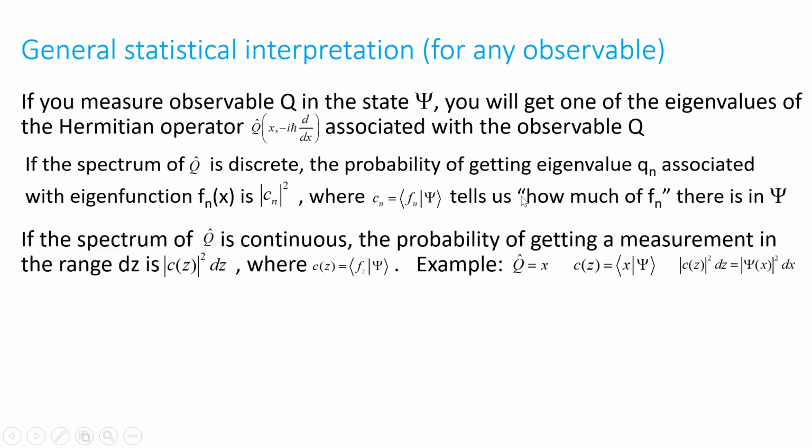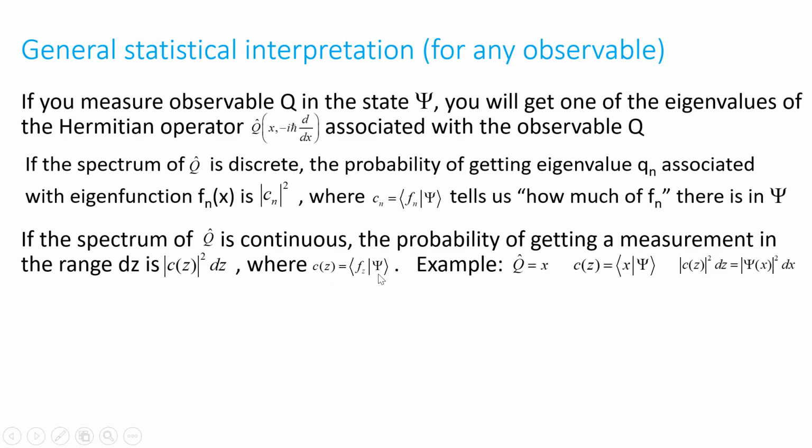On the other hand, if the spectrum of the operator Q is continuous, we have to specify the probability of getting a measurement in a range, because for a continuous spectrum there's technically zero probability of getting a particular real number out to many decimal places. So we specify the probability of getting it in a range, and it's equal to Cz squared dz, where z refers to the eigenvalue we can get, and dz is a range of that eigenvalue,